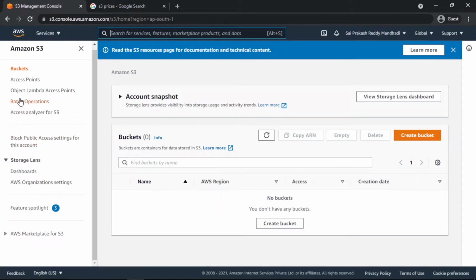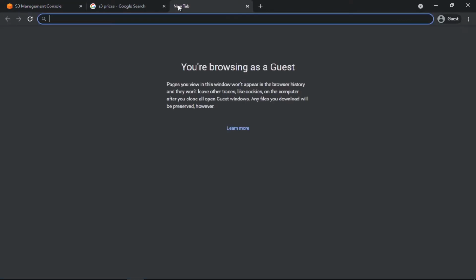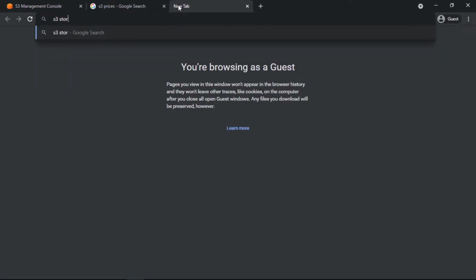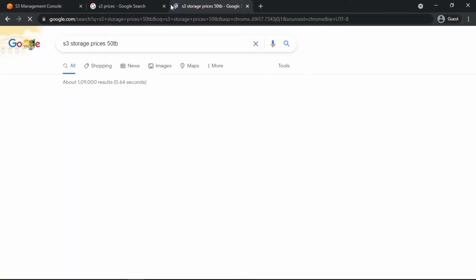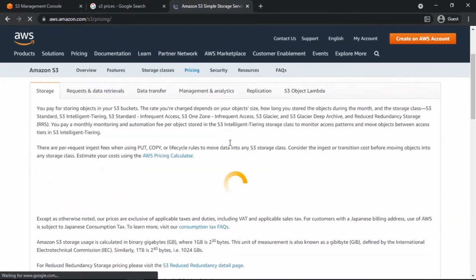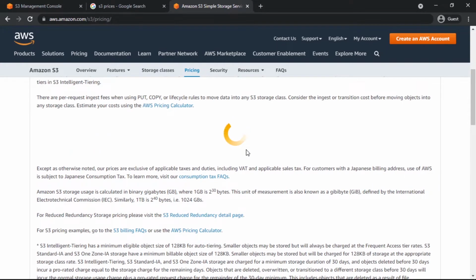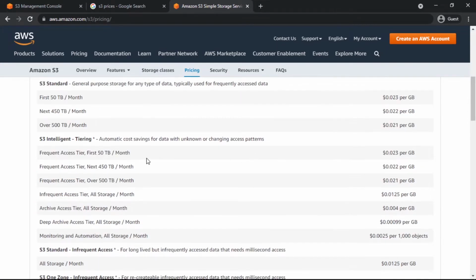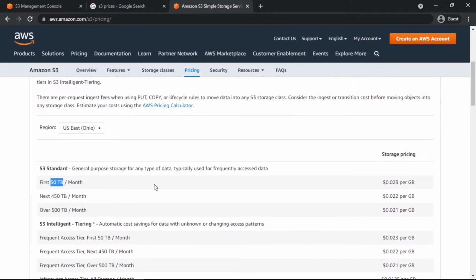S3 storage prices, something like 50 terabytes or something. I remember it cost something like $0.02 for a gigabyte or something like that. So what I was trying to say is it's pretty cheap. Yeah, this is it. For the first 50 terabytes, we are simply paying $0.023 per GB,